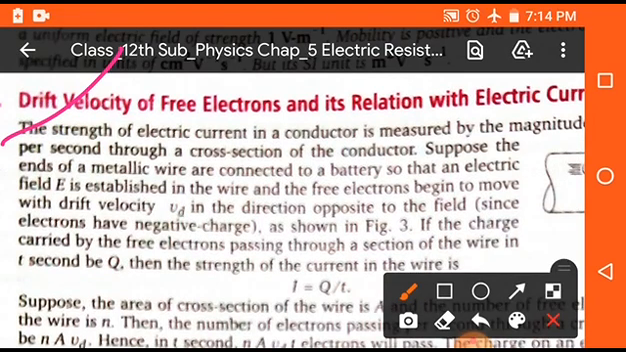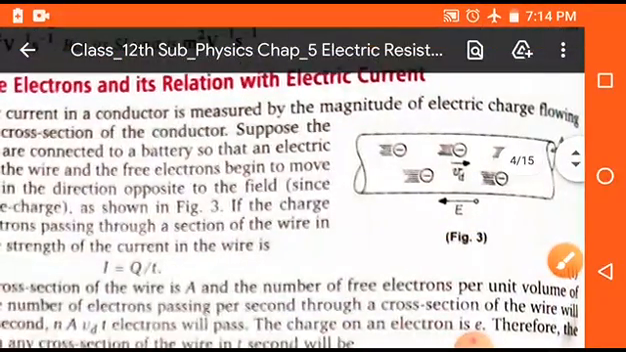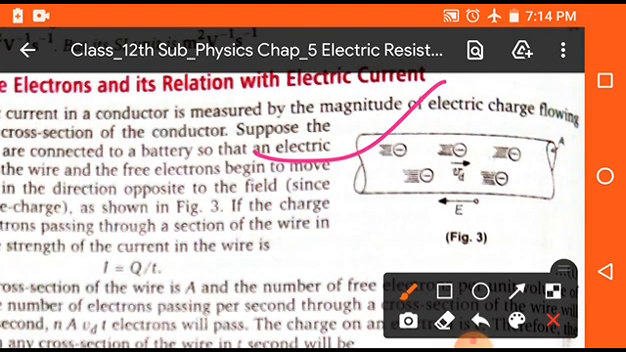Students, drift velocity of free electrons and its relation with electric current. We have already discussed drift velocity, but here we have to find the relation between drift velocity and electric current. So take a conductor, and this conductor is directly connected to a source. By connecting it, a current flows in that conductor and free electrons move in the opposite direction of the current. So we know that the total current produced in that conductor, I, is equal to Q upon t,